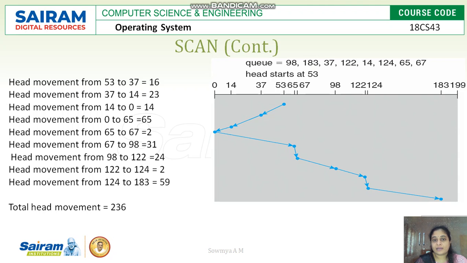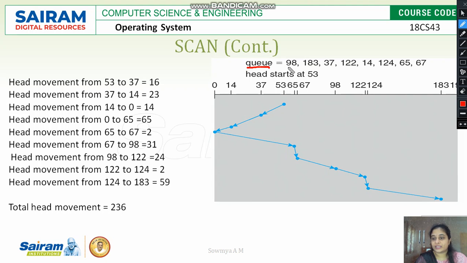The disk arm will start moving in one direction. While moving to the end of that direction, it will schedule the requests that come in between. And while coming back in the other direction, it will schedule the remaining values in between those movements. So here is an example, the same example from the last video.